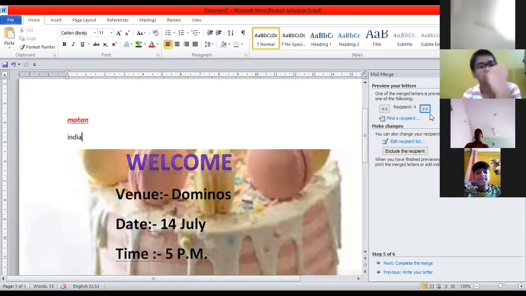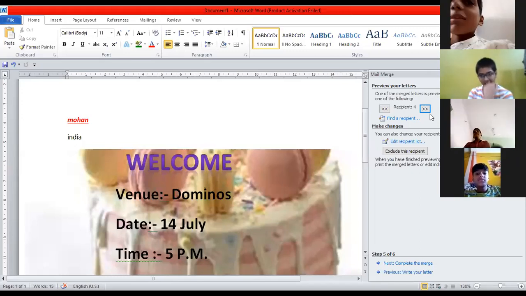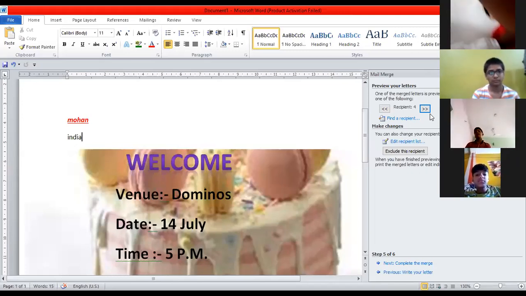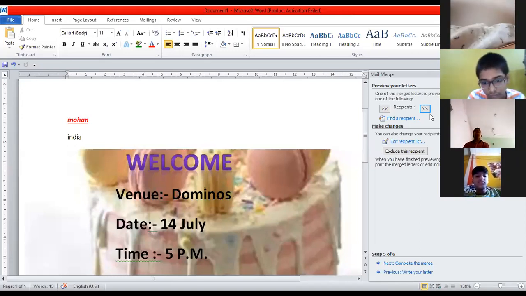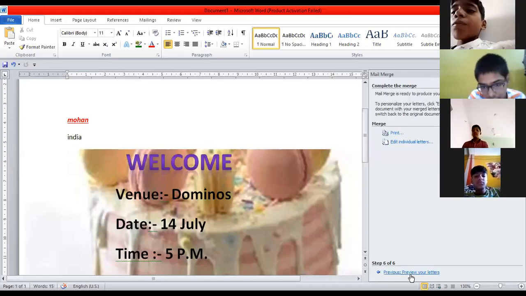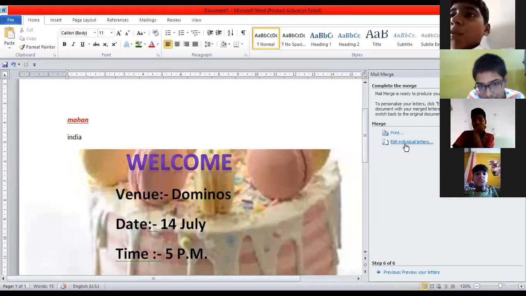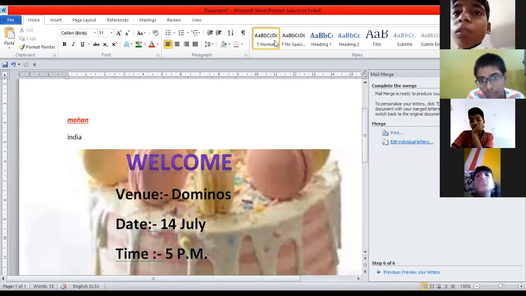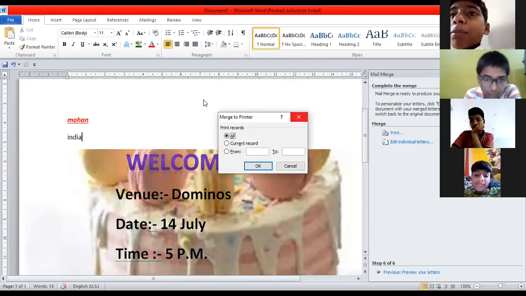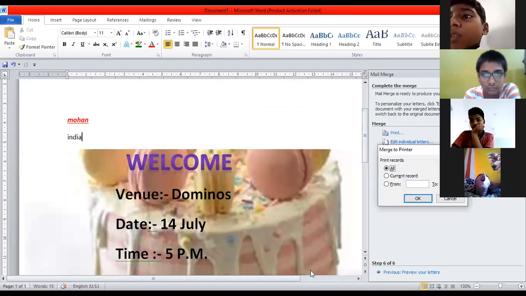Yes, Anune. Miss, when we have to send this file to anyone, how can we send? When you have to send it, now in the last one, it is said, no? So here, when you go to this print option, whatever you are printing, you can save it for future use. And then from there you can send it as a mail. Okay. Yeah.